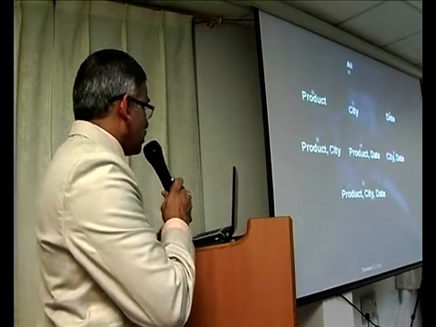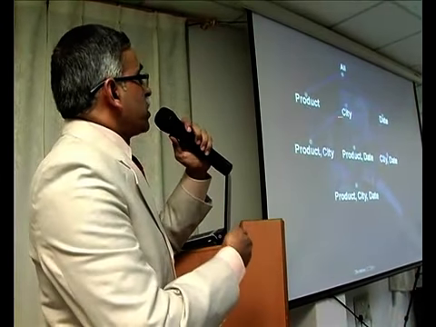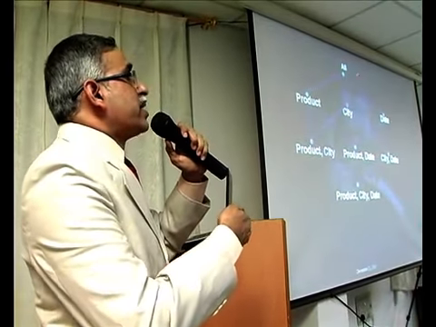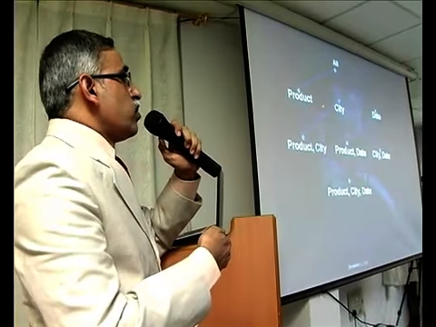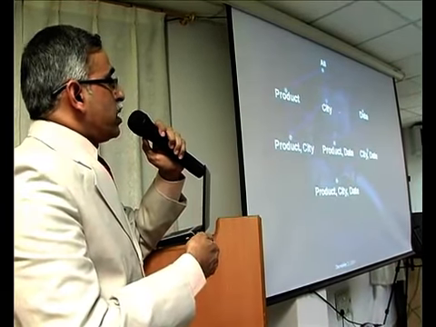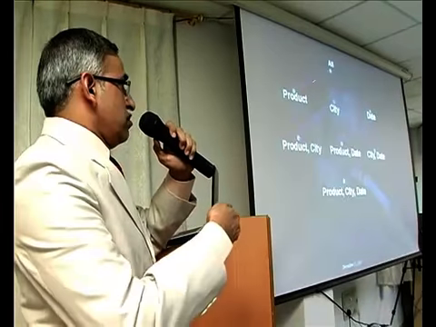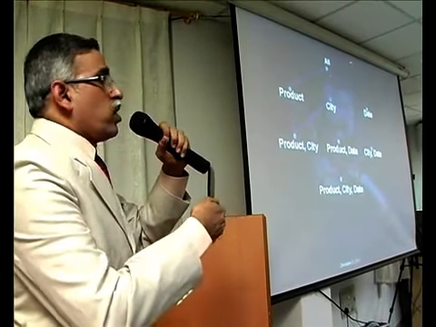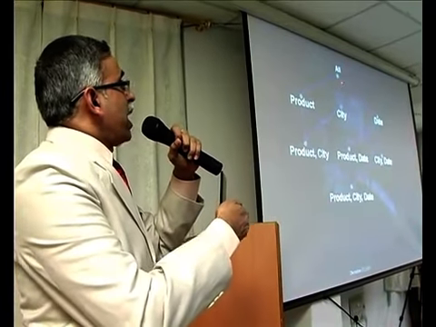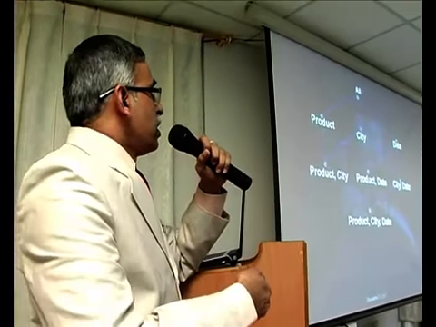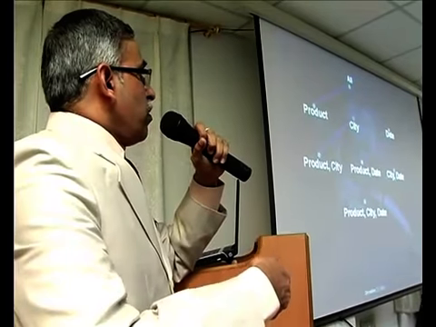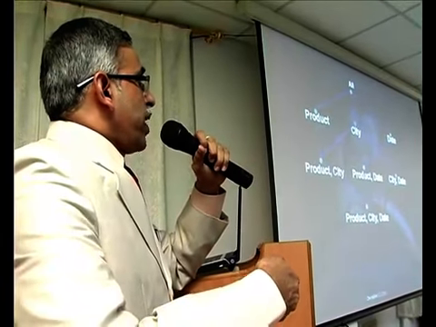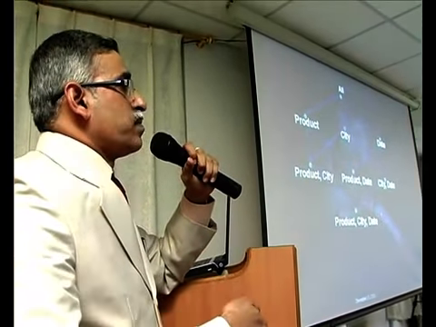Then, by using one-dimensional cuboids, I can compute the grand sales. That means over all products, over all cities, on all dates. That is called grand sales. So if you observe, this is the grand sale, the highest number. These are the set of numbers for each combination of product city date.